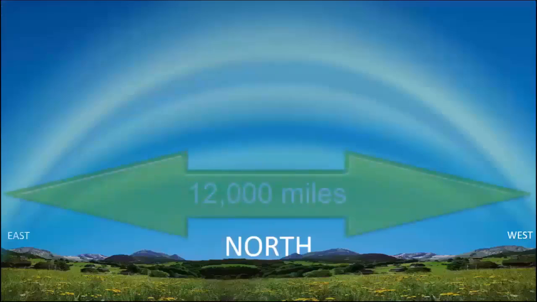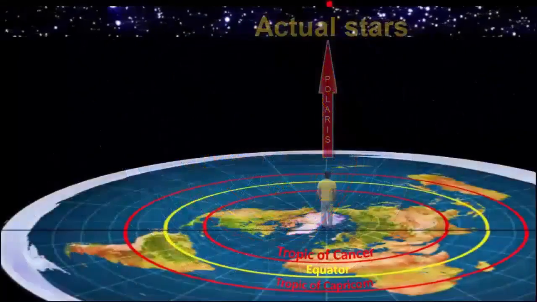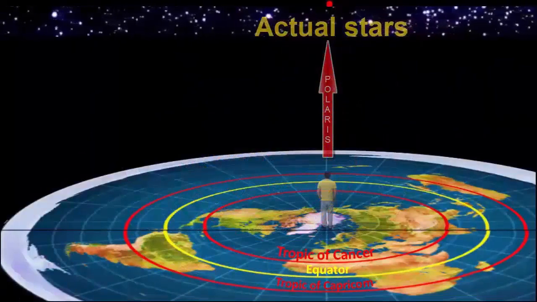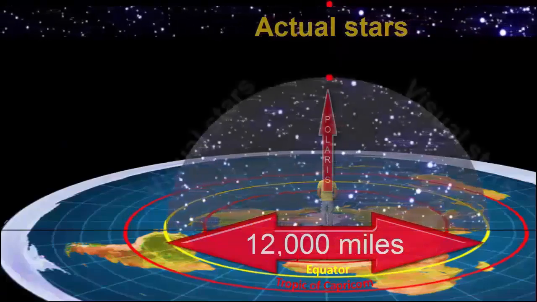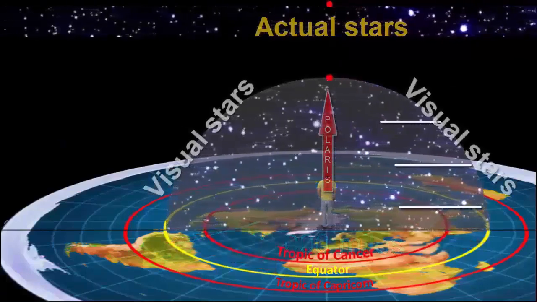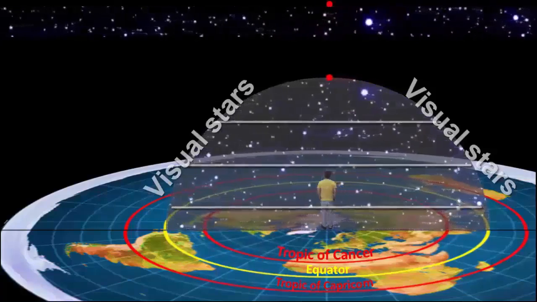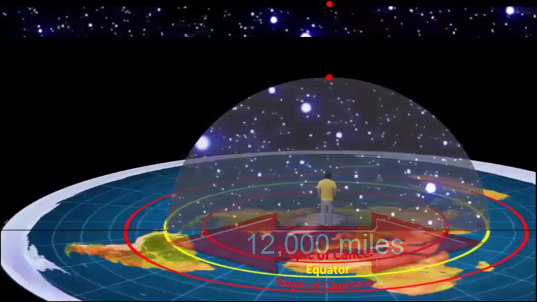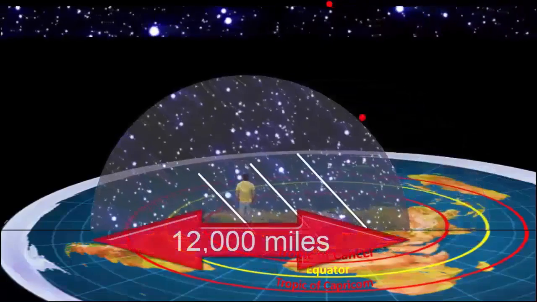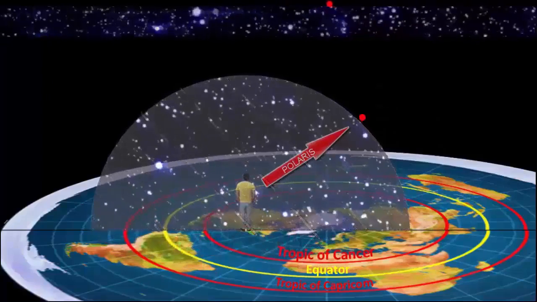And let's say the stars actually spread out for hundreds, thousands of miles, and let's say we can't see them all. We can only see the dome of our perspective vision, which is about a 12,000 mile diameter circle or 6,000 mile radius. That's all the stars we can see. And the stars lower to the horizon at the edge of that circle, of a 12,000 diameter circle. So as you move, this dome of stars moves with you, or your dome of vision, I call it. Anyway, let's check it out.